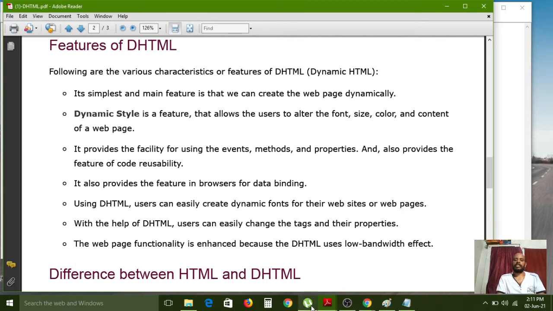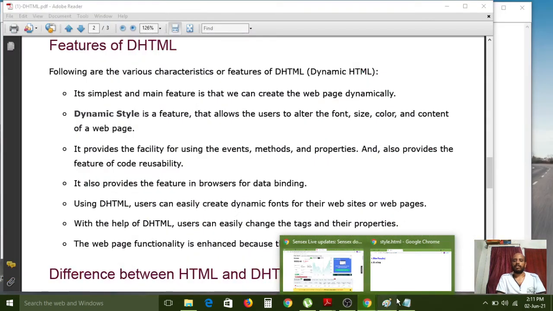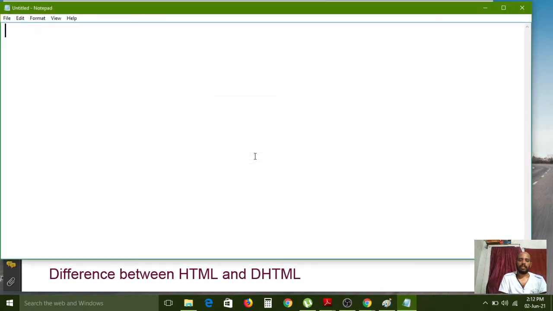So once you define the styles, here I am applying a style for h1, color colon blue.